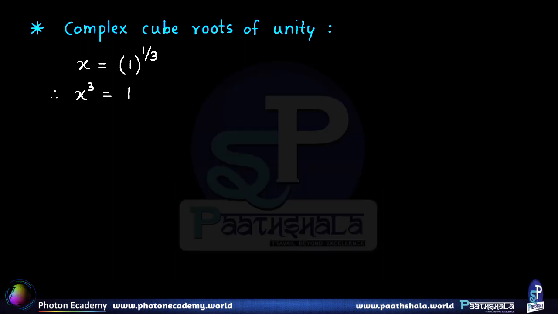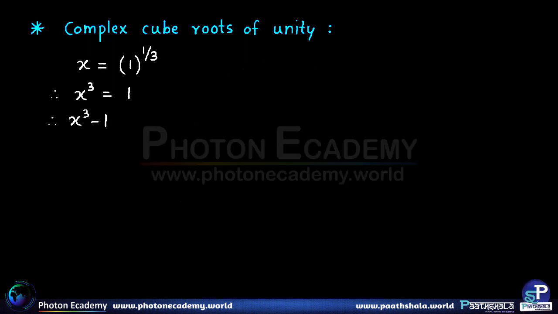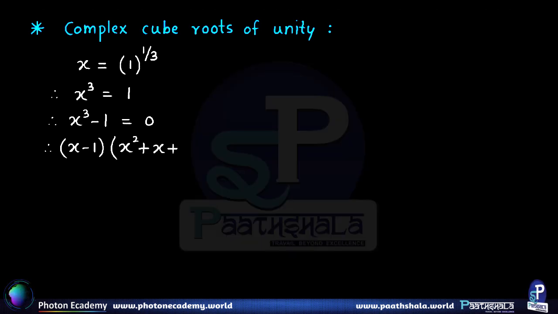Now we can readily find out that x equal to 1 is one of the roots, but it still leaves two other roots to be found, which is what we are going to do now. Taking 1 to the left hand side, we have x cube minus 1 is equal to 0. Now this is of the form a cube minus b cube. So we can factorize the left hand side as x minus 1 into x square plus x plus 1